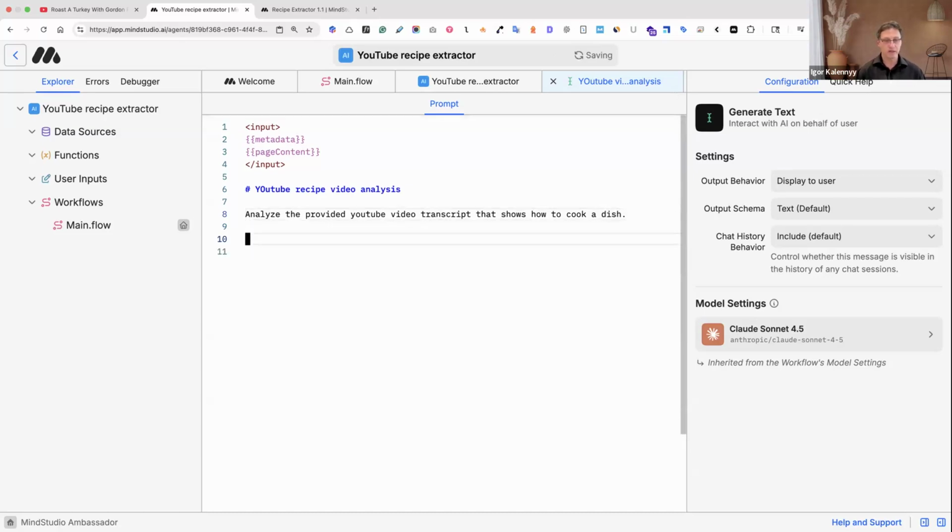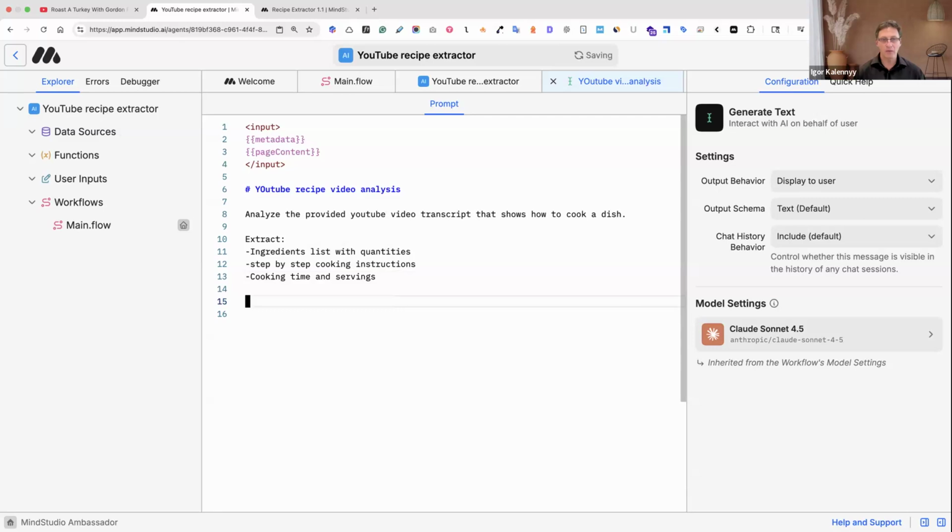Then what we need to say additionally: extract. What are we extracting? Ingredients with quantities. What else? Step by step cooking instructions, and cooking time and servings.